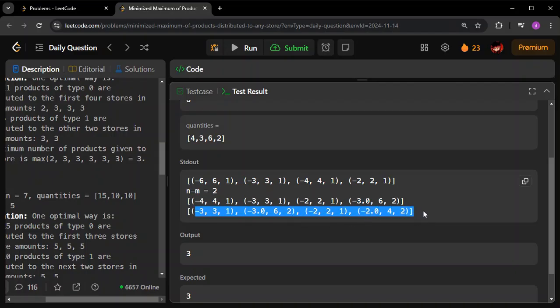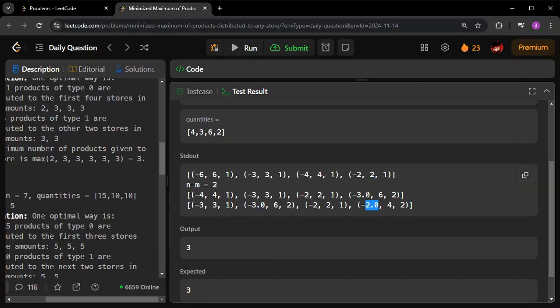So what are the things now? See, 3, 3, 2 and 2. Okay, so this is how it is going to look like. So the answer is the highest among them. So the highest first value among this is going to be 3 here. Okay, so you have to just give out 3.